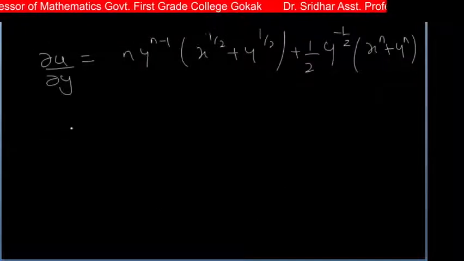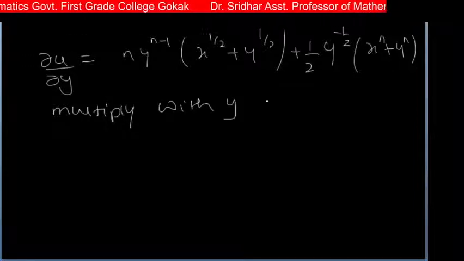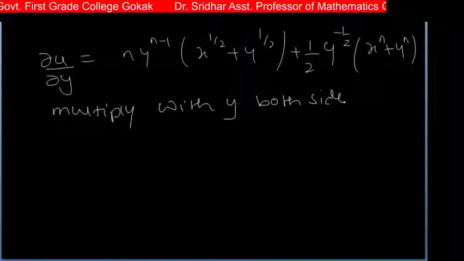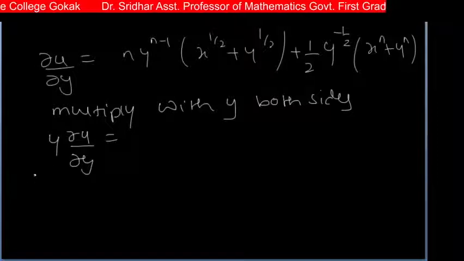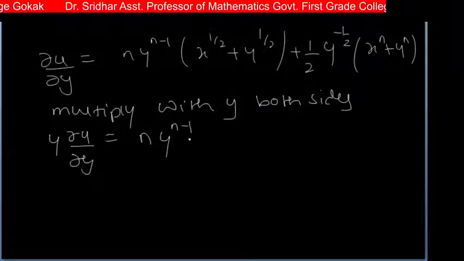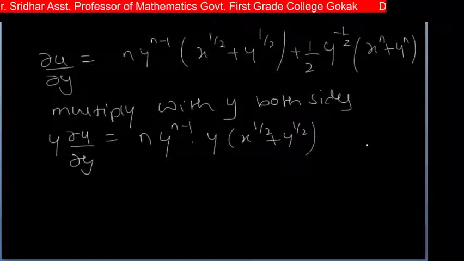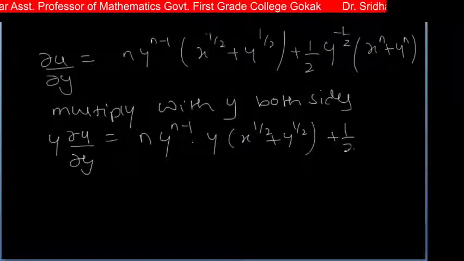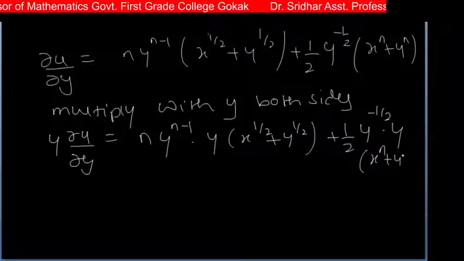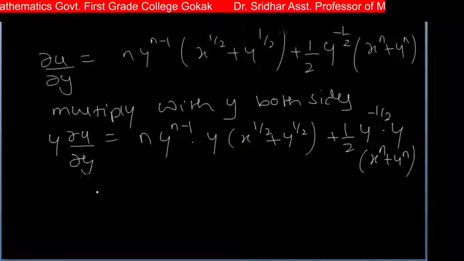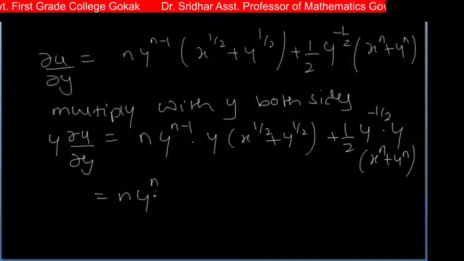Okay, so now multiplying with y on both sides, we get y ∂u/∂y is equal to, so here n into y raised to n minus 1, I multiply with y and I write the remaining terms as it is, x raised to 1 by 2 plus y raised to 1 by 2, then plus 1 by 2 into y raised to minus 1 by 2, again I will multiply with y into bracket x raised to n plus y raised to n as it is, which is equal to n into y raised to, here minus 1 and plus 1 get cancelled, so it is y raised to n